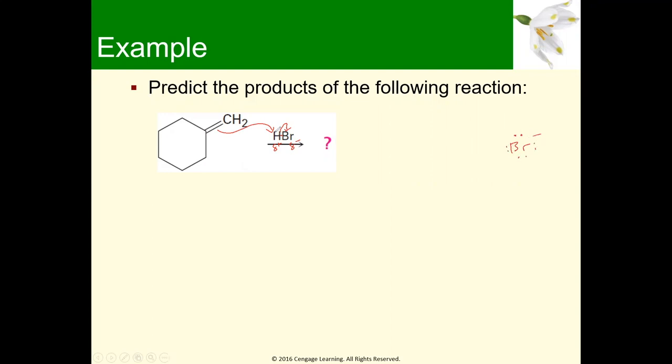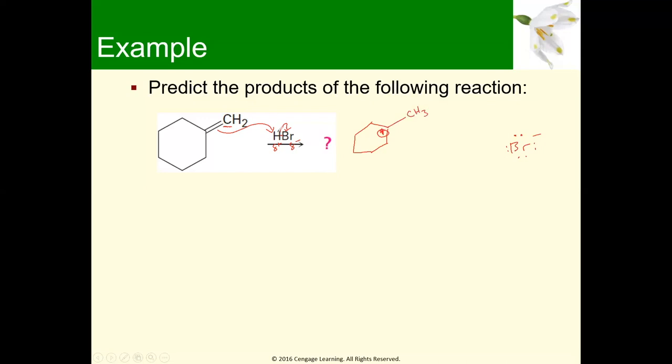Okay. And so now the question is, well, which carbon is this hydrogen going to get attached to? Well, it's going to get attached to the one that's the least substituted, which is that carbon right there. So our carbocation is going to be in the ring. So there's our carbocation right there. This should be a plus sign. Ugh, my penmanship. And then the CH, now it's a CH3